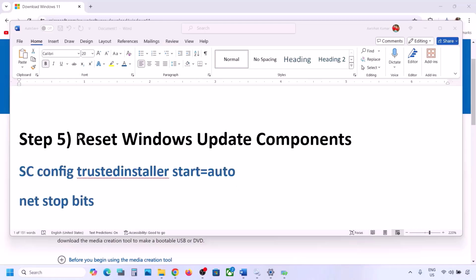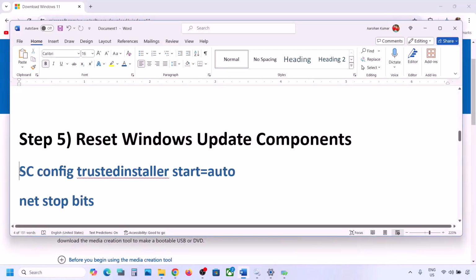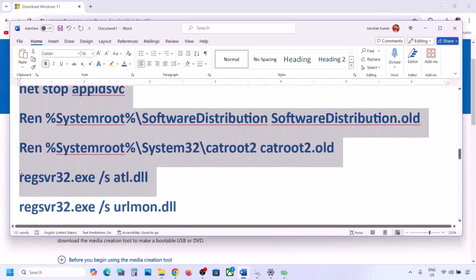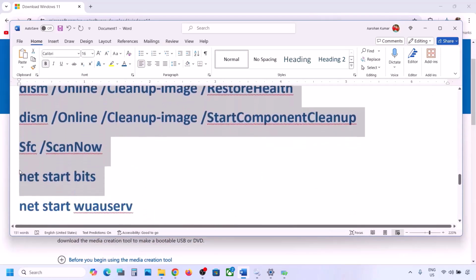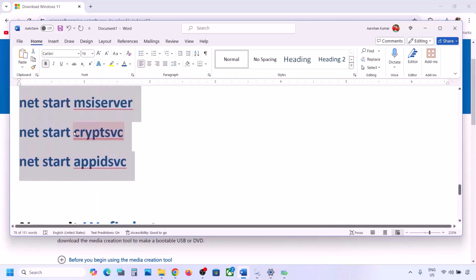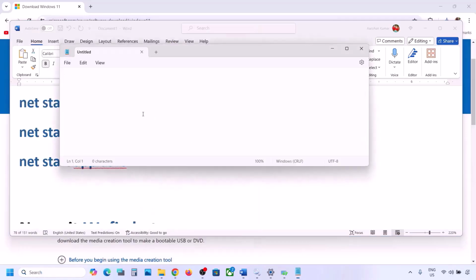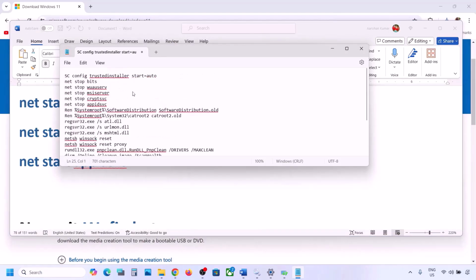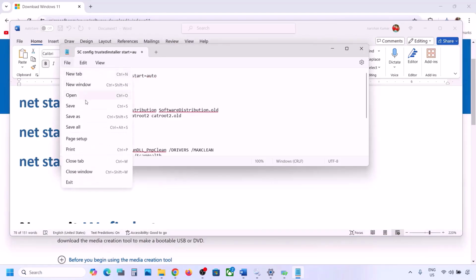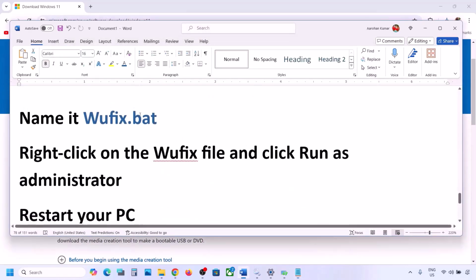Now the next step is to reset Windows update components. Now for this, copy all these commands. These commands are provided in the video description. So copy it till here. Now once you copy it, open Notepad on your computer, and then in the Notepad you can paste all the commands, and then go to file on the top, click on save as, and then you can name this